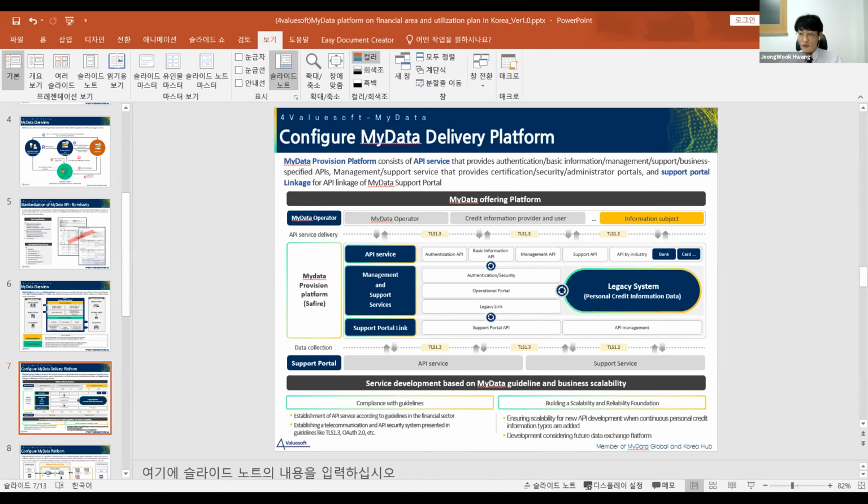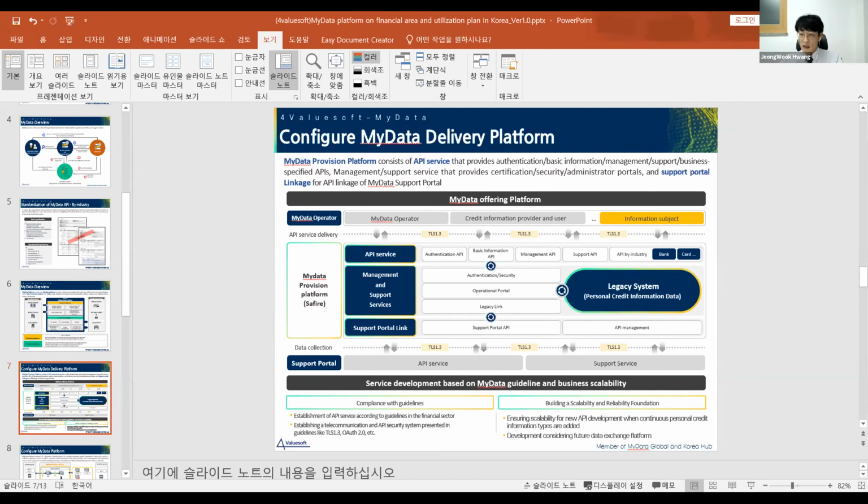The Mydata provision platform consists of API service, management support service, and connection to the support center. API management service contains API management tasks, search and registration, and deletion of various APIs.